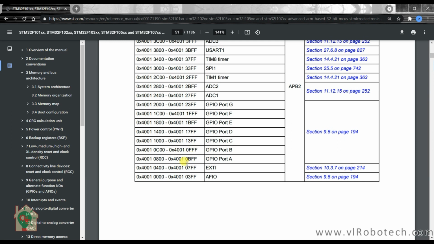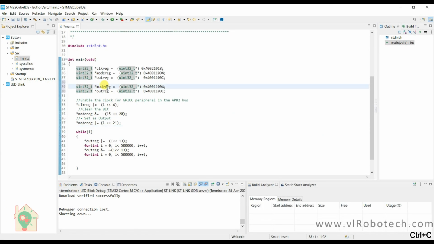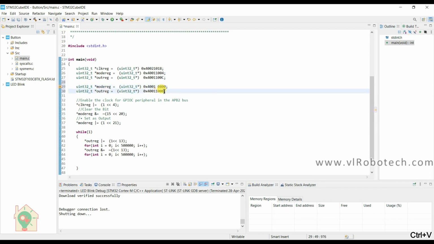This is the base address of port A, so I will copy this. I will paste here and here also.